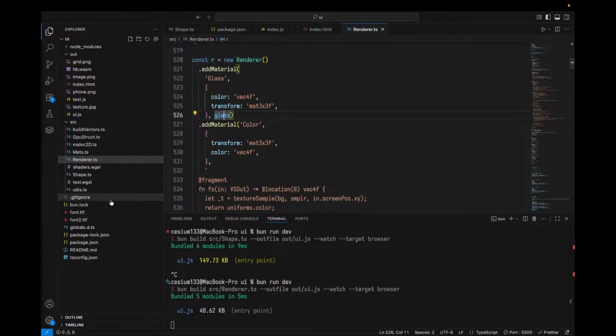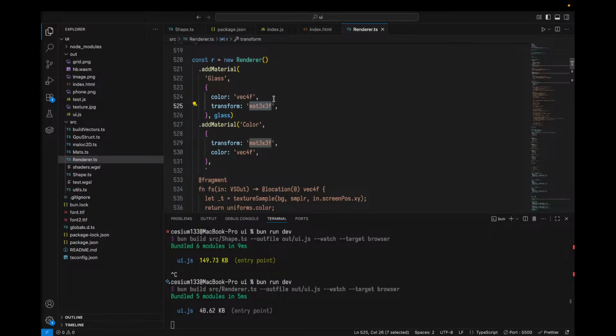It's a shader that runs for this quad. So you say, okay, I'm gonna have a color uniform and then a transform uniform, which all materials would have, basically,